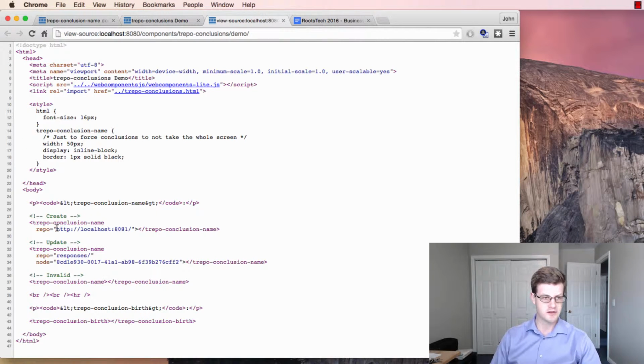Okay, normally you'd have a repository like this. It's essentially your trepo, the root of your trepo instance. And then you have the node, the particular ID of the root conclusion. And then you can have a person that it's associated with, such that